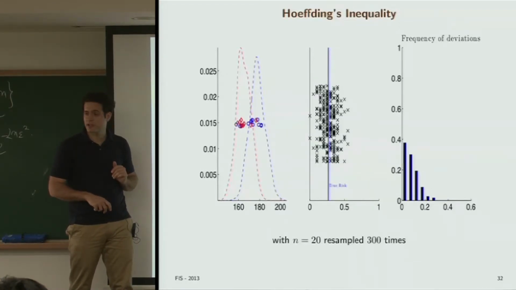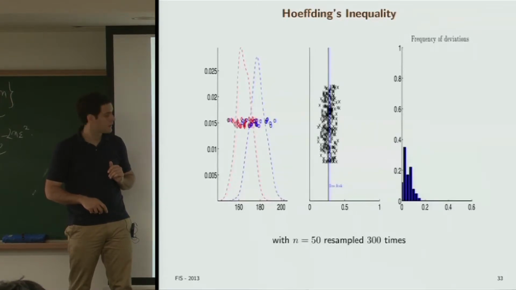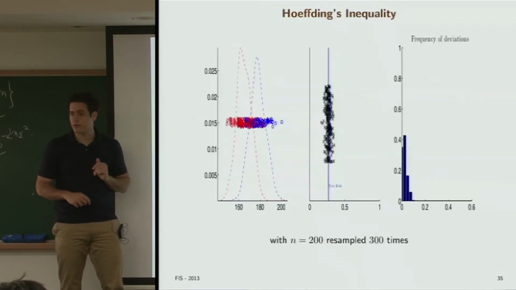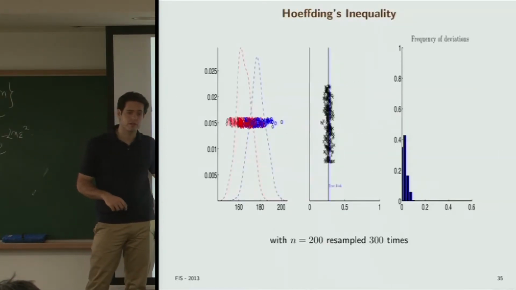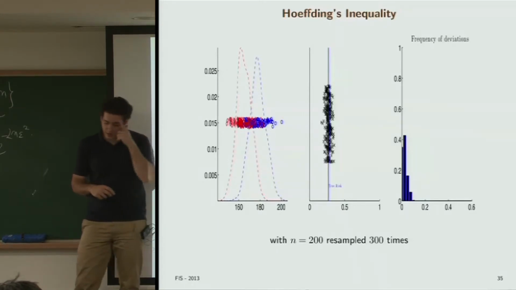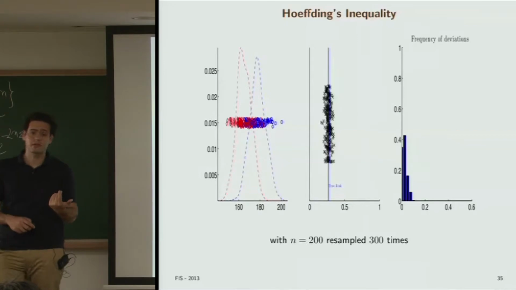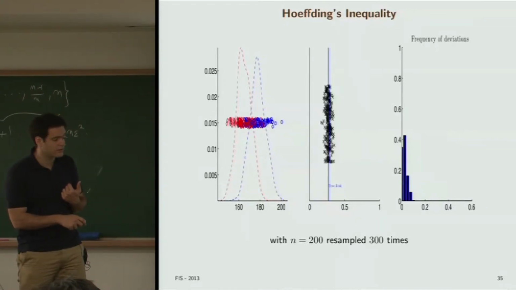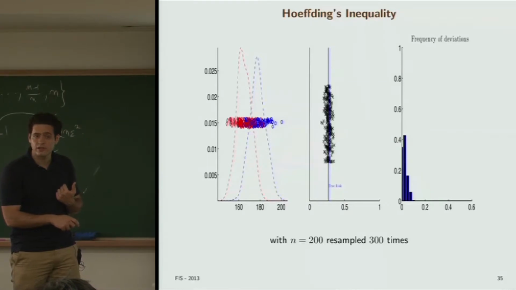If n is equal to 20, we have this. If n is equal to 50, we have this. 100, 200. And so when n is equal to 200, you're sampling 200 points here. Then what you see is that the empirical risk is very close to the true risk. Of course, there are some cases where the deviation is not negligible, but in most cases, you have a very small